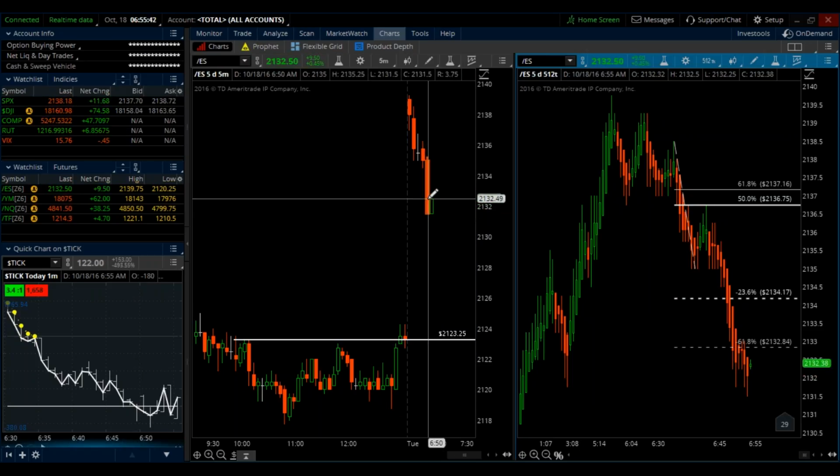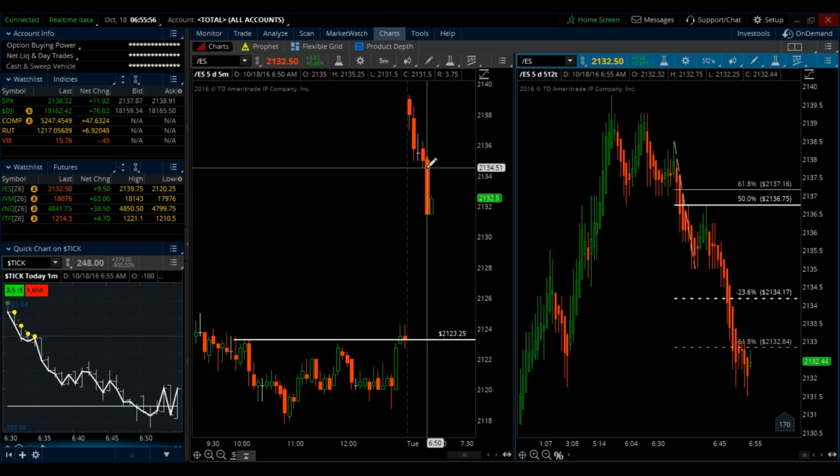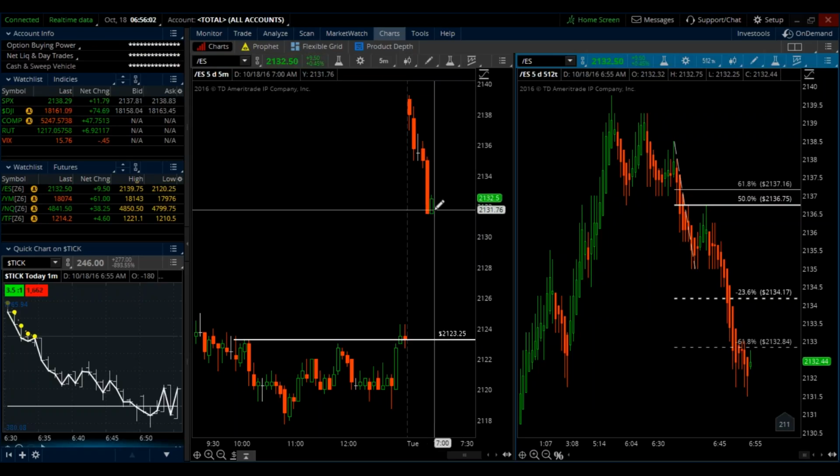The high of the previous candle is a 21.35.25. So I'm going to set my stop one tick above that. So a 36.75 entry. Our stop is currently 35.50. And then once this next candle closes,